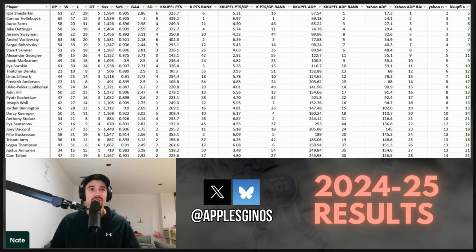Looking across these top 14 goaltenders, you can't really blame injury here either. Only Thatcher Demko and Frederik Andersen among these top 14 goaltenders by Yahoo ADP played less than 44 games. The top 11 goaltenders by Yahoo ADP all played 49 games or more. So a pretty solid amount of games played. It wasn't due to injury or lingering injury for a lot of these players. They all played a fairly solid complement of games.